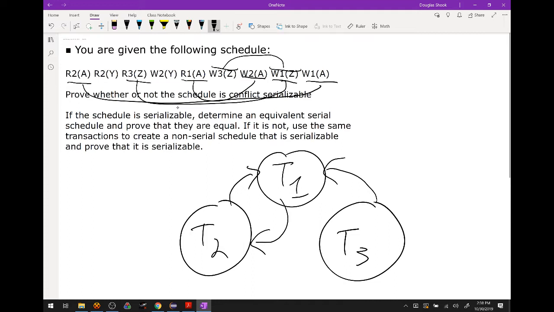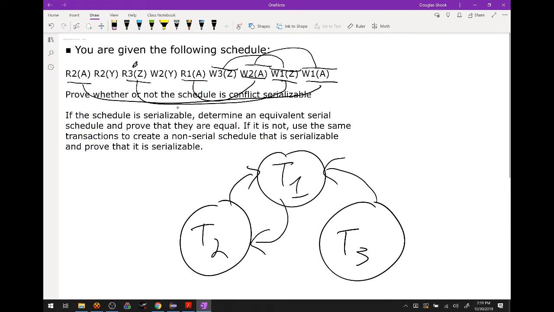What else do we have? We have, oh, this one right here as well. 2 to 1, which again, we already have that edge on our graph, but it's just been reinforced now. I believe we've found all the conflicts. Does anybody see a conflict that I didn't grab? Yeah. So what about the third with 3 and then the write 3? This one here? Which one? So this one writes the same data item, but it's also the same transaction, so that doesn't count.